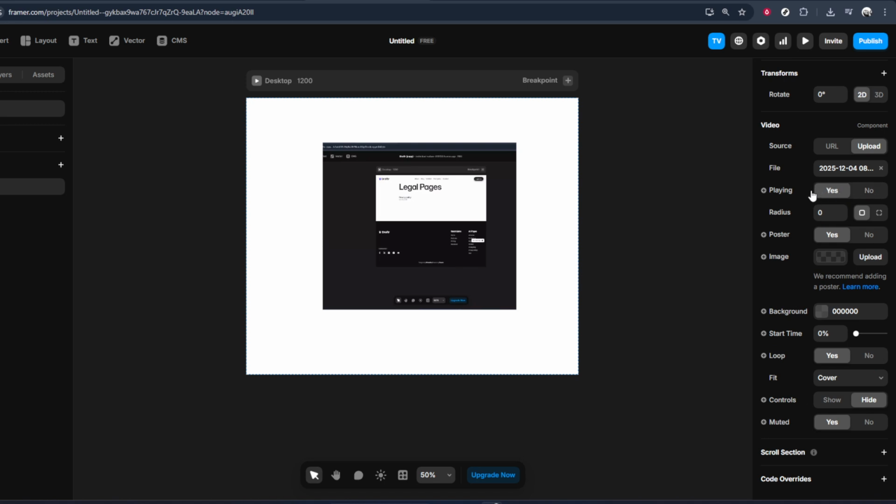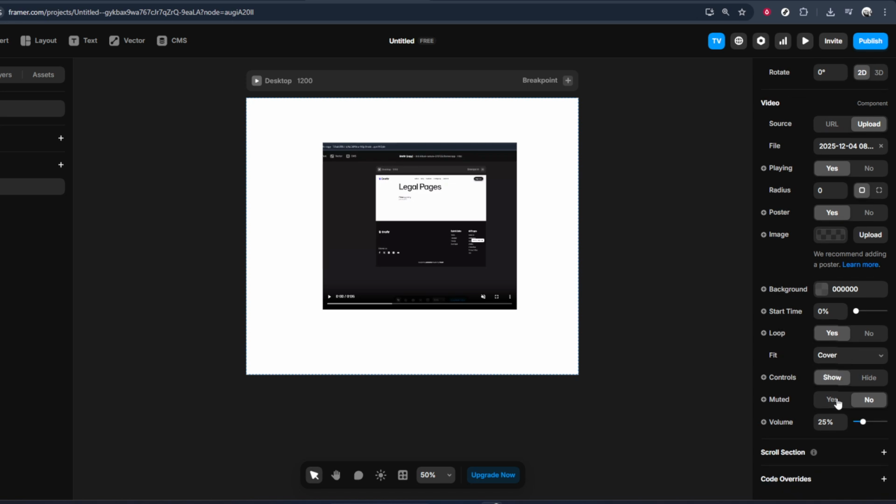Once the video is uploaded, go to the playing setting and make sure the toggle is set to Yes. This ensures the video plays automatically as soon as the page loads. Finally, locate the muted option and set it to No if you want your